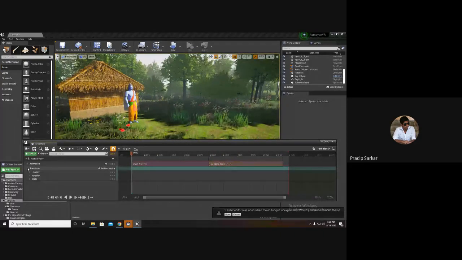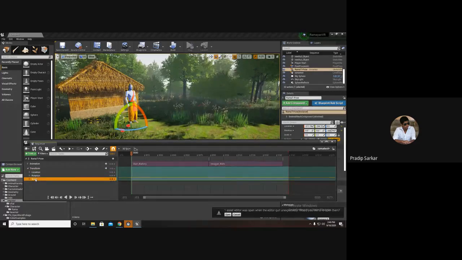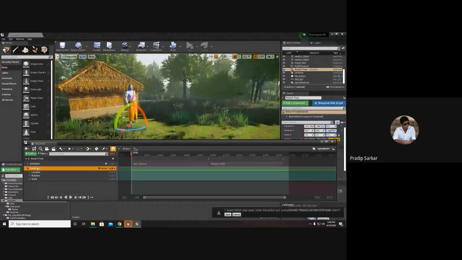So to make the character move, I have to sync the transformation of the character according to the animation. So in the transformation, I have location, rotation, and scale. I have all the three properties inside transformation.